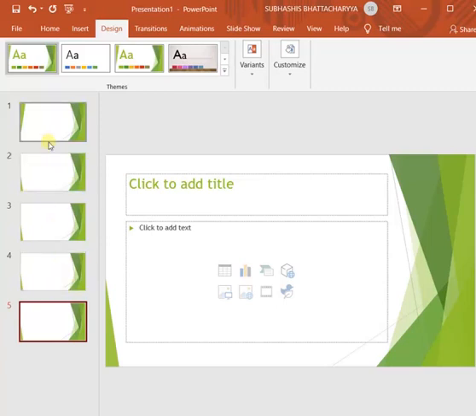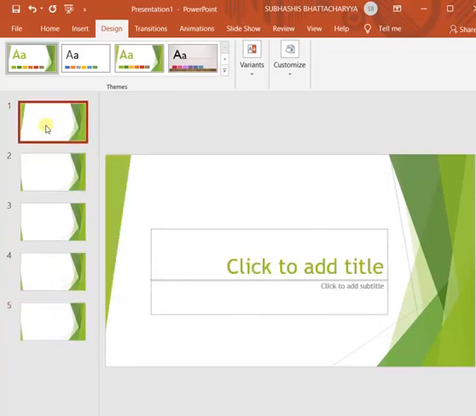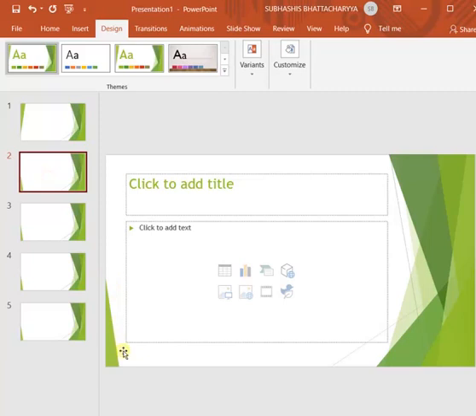But one thing you have to notice is that slide number 1 is the cover slide or the first slide of our presentation. So it has a little bit different style than the rest of the slides. Here you can see in the first slide, in this left side, this style is somewhat different, but in slide number 2, this left side you see the design is somewhat different.